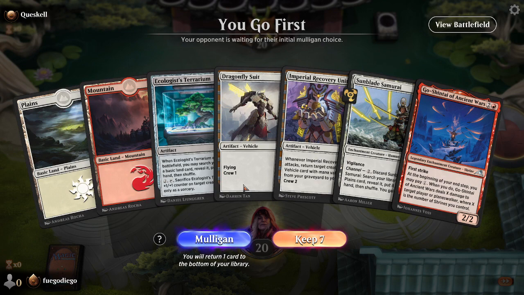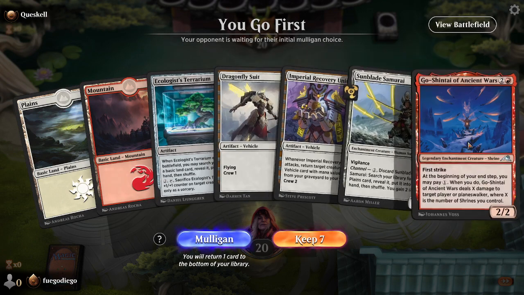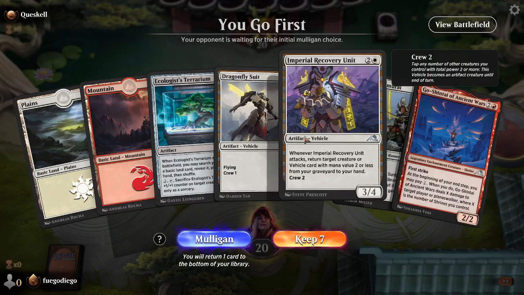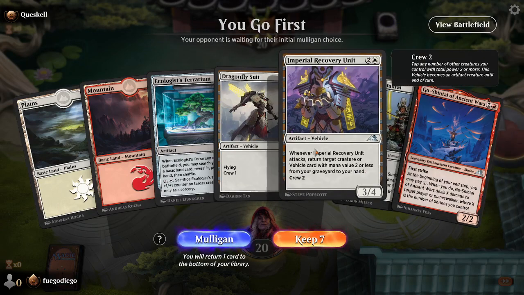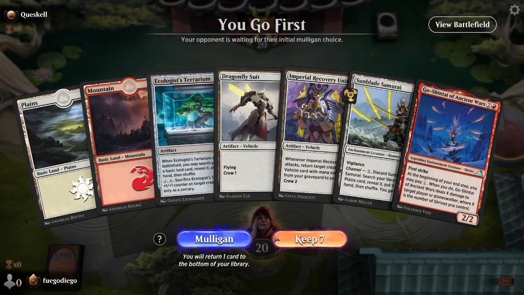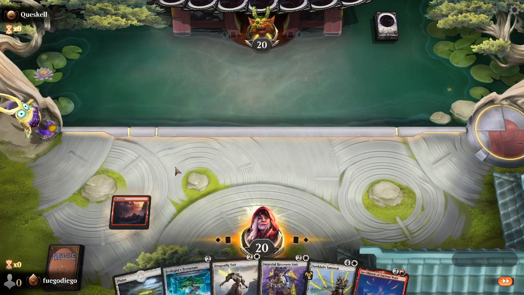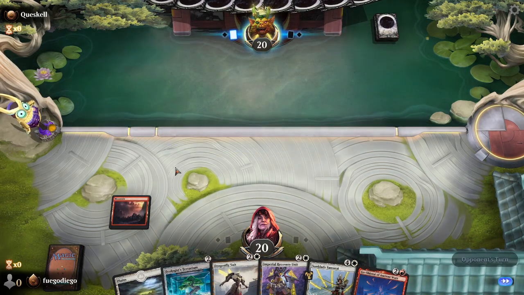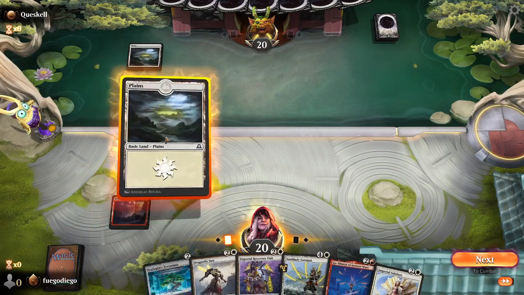Alright, I like this. We've got a turn 2 Terrarium, which puts us into a turn 3 Goshentai, which can crew up our recovery unit. So we'll keep it. I'm not sure on the matchup how this might go if it's